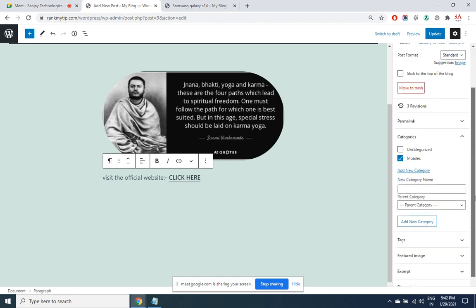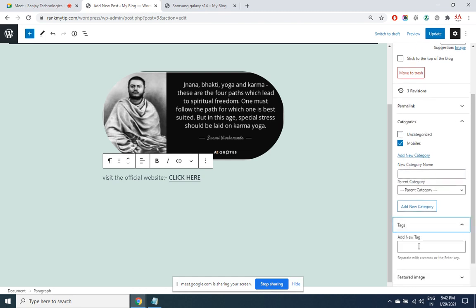I told you tags are read by the search engine. What are all the topics which are relevant to this post? You are going to mention them. Don't have more than 5 tags per page.